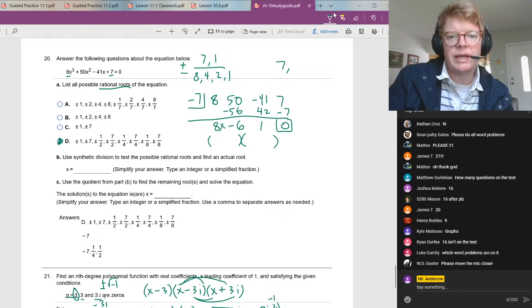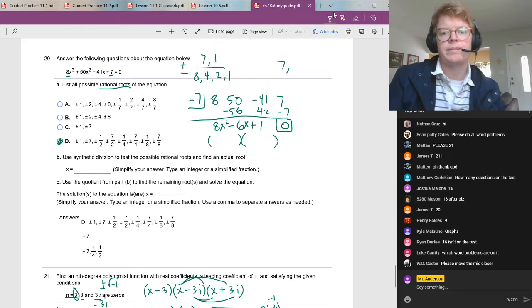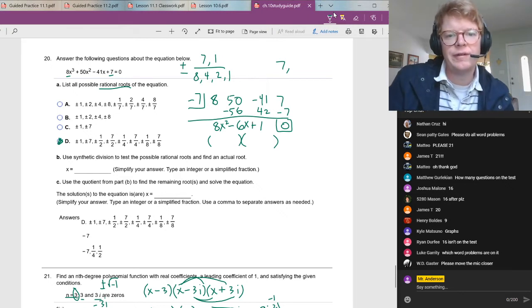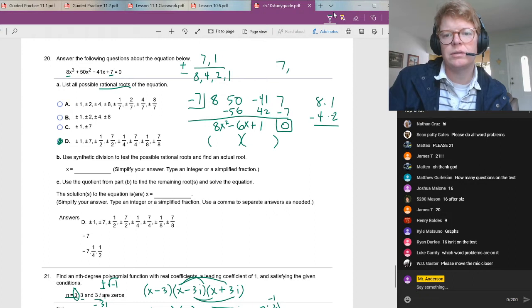So this is 8x squared minus 6x plus 1. So now I need to look at factors of 8 that will give me 6. And real quick, factors of 8, and they're both going to be negative, by the way. Factors of 8 are 8 and 1, 4 and 2. If I combine both of these and they're negative, that gives me negative 6. Okay? And since this is positive,